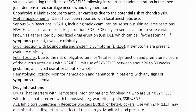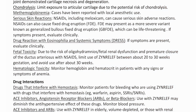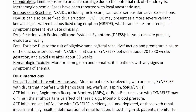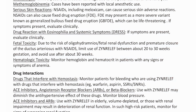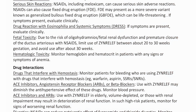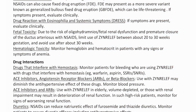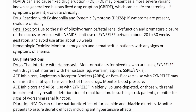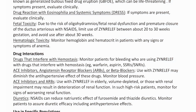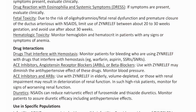Fetal toxicity. Due to the risk of oligohydramnios, fetal renal dysfunction, and premature closure of the ductus arteriosus with NSAIDs, limit use of ZYNRELEF between about 20 to 30 weeks gestation and avoid use after about 30 weeks. Hematologic toxicity. Monitor hemoglobin and hematocrit in patients with any signs or symptoms of anemia. Drug interactions. Drugs that interfere with hemostasis. Monitor patients for bleeding who are using ZYNRELEF with drugs that interfere with hemostasis,